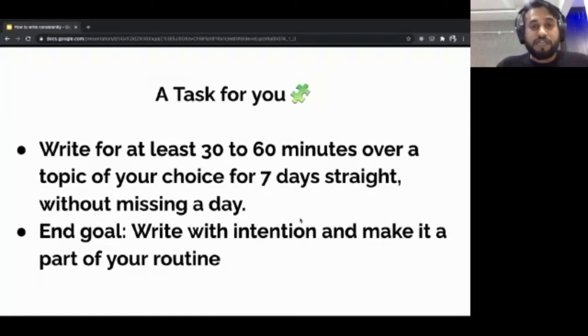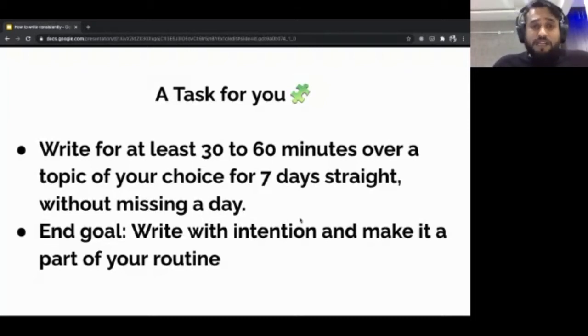I usually write around 6:30 and 7 a.m. before my day starts, and that is when my mind is clear, and that helps me get done with the most important task of my day, which is the most creative task I should say, which is writing or thinking or researching about a blog post.